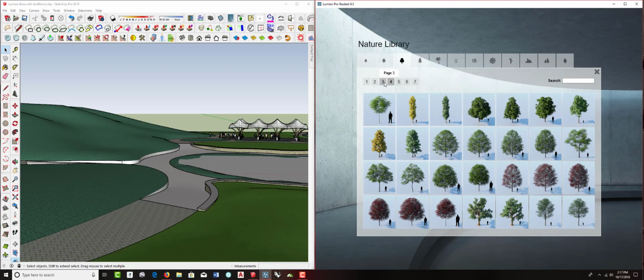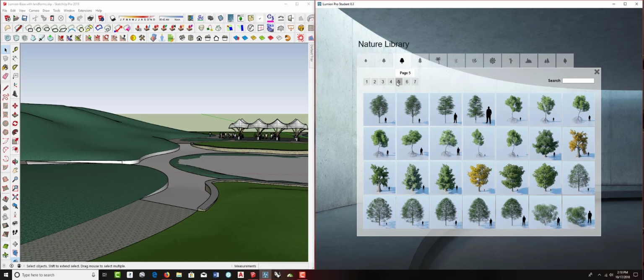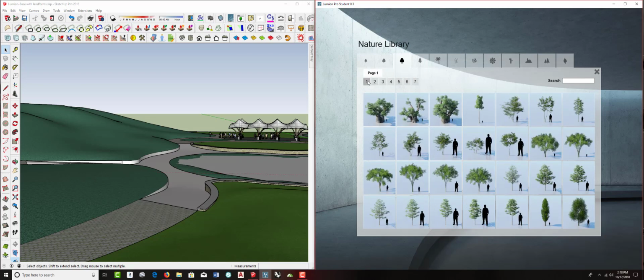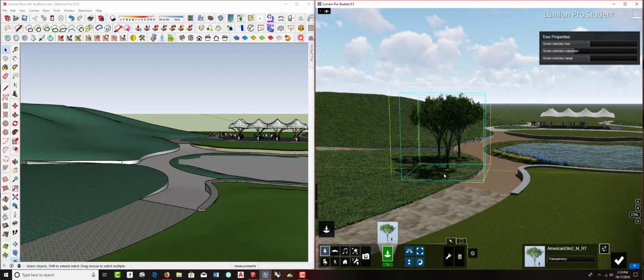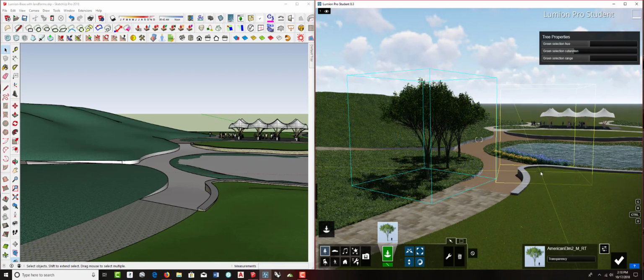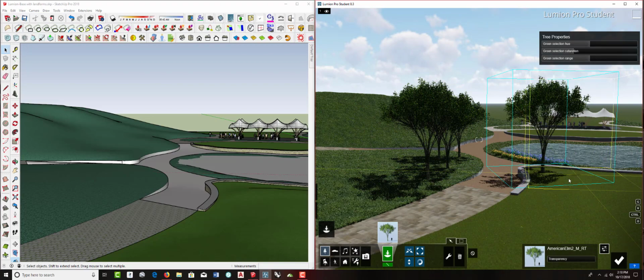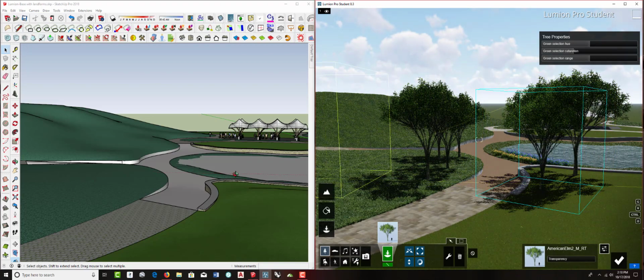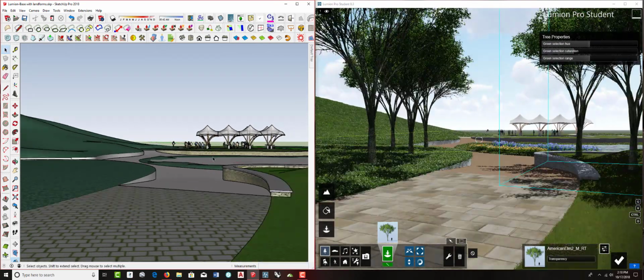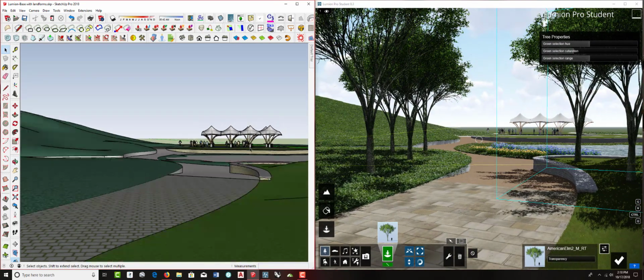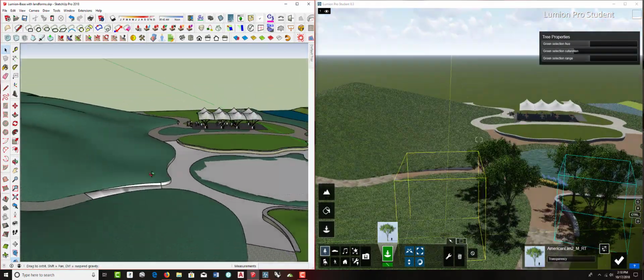It's oak. Let's see, what do we have here? Let's just go American elm here. And again, place a couple of these in here to start looking at how I might frame the view. And again, coming back into SketchUp, you can start seeing how that shading and the overhead canopy starts defining that a little bit more. If I want to spin around here,